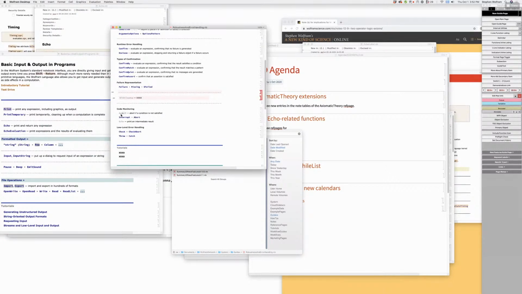So I think there we should add at least a, let's just add echo timing and echo evaluation and echo timing.